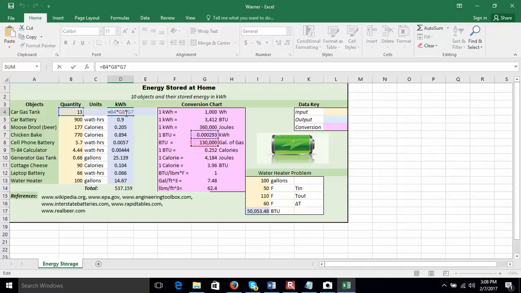We can come in here and see what he's done is gone with gallons to BTUs and BTUs to kilowatt hours. So it's super tidy. I mean, everything is right there in one little package. And I think it's pretty cut and dry. Everything is either chemical, electrical, chemical,